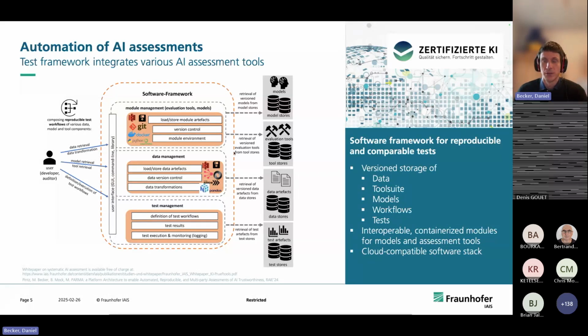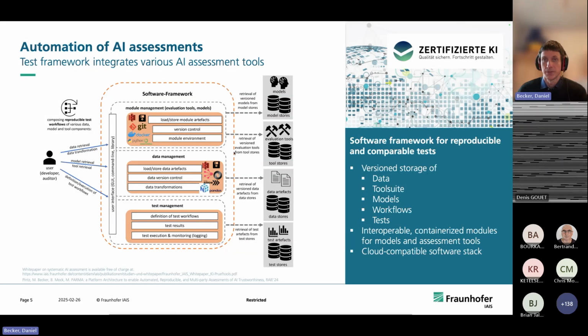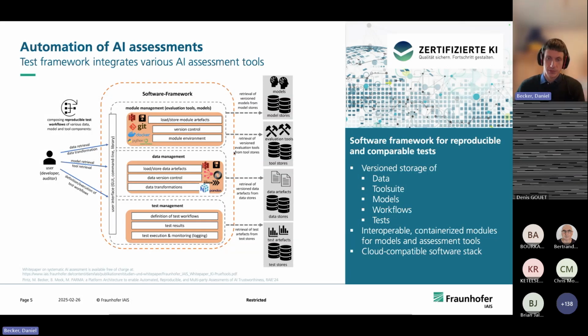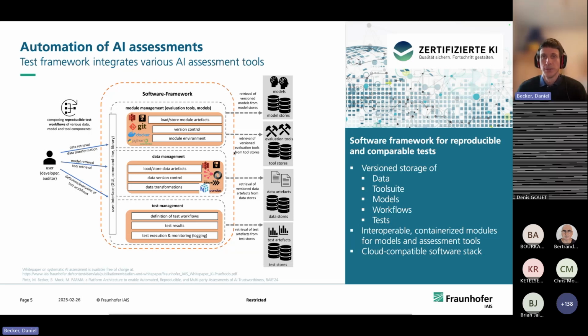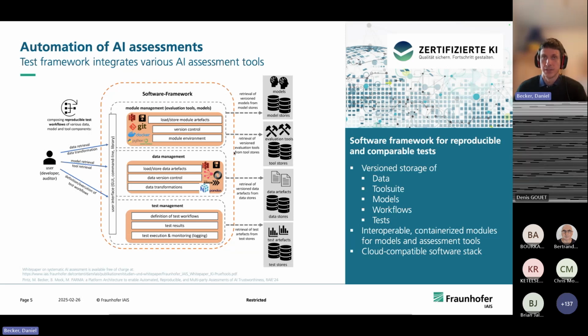And of course, in the end, also the artifacts, which would be the test results that allow me to really see what was tested and to make these things auditable, which is an important point, because otherwise, how can we decide if a test and assessment has really produced valid results.